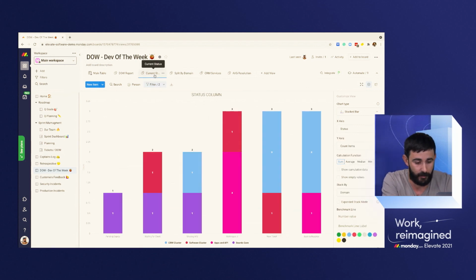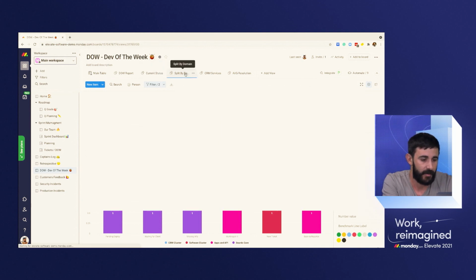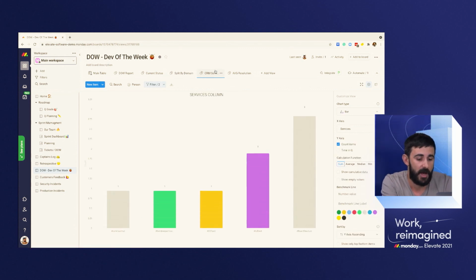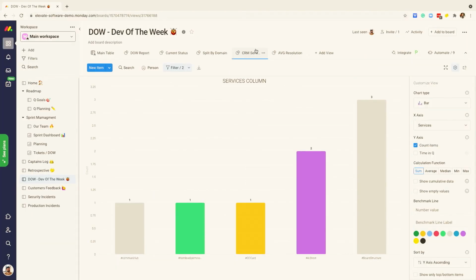I can look at it from a different perspective. For example, by status. I can split it by domain across all the tickets. I can focus on a specific team, and I can say, in the CRM, there's a lot of problem with the board structure. So every task,